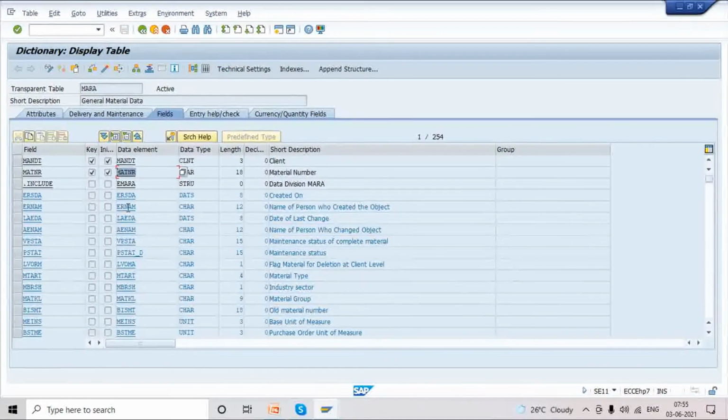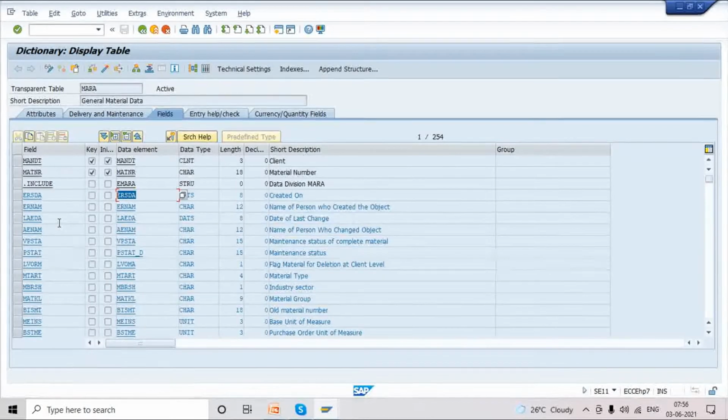In standard tables, 90% of the time the field name and data element name are the same. Only sometimes it is different, with underscore D. If it is not separate, we can directly try underscore D. That is also not supported, and then we have underscore VD. So 90% of the time the field names and data element names will be the same in SAP standard tables.